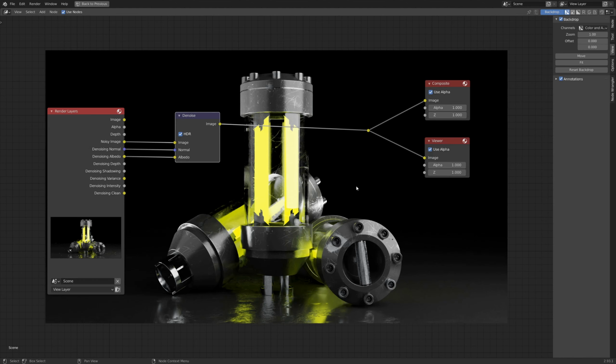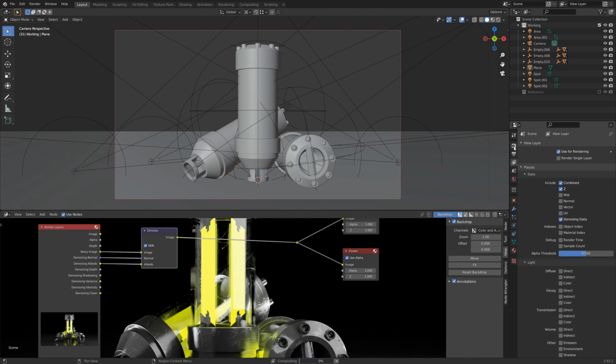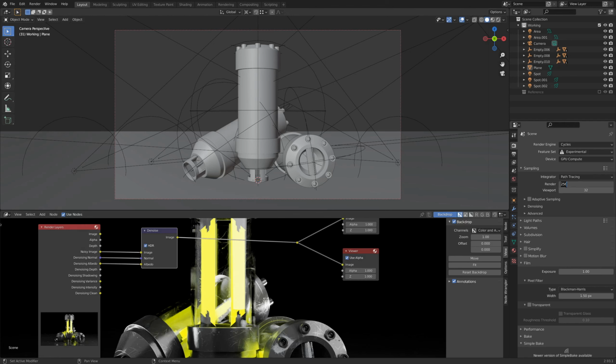So what I would suggest doing for our final render here is taking this all the way up to 2048 and letting it render, and having denoise turned on. This can be turned on and off at will after the render. It doesn't have to be plugged in ahead of time. If you were to use some other forms of denoising that are in this panel, they cannot be turned on and off or